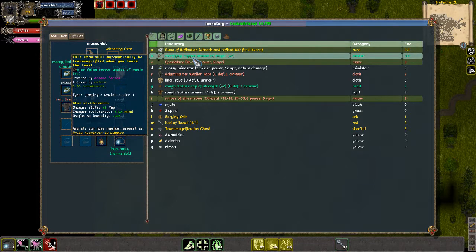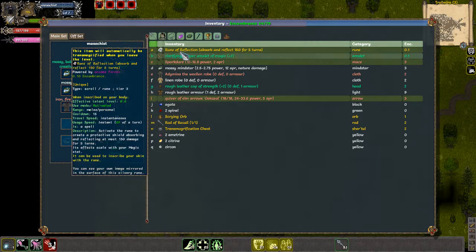Let's see, that's not that good. 20% confusion immunity is alright, but...